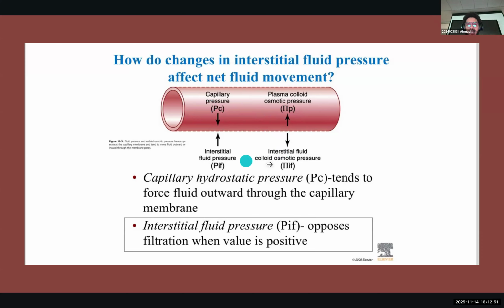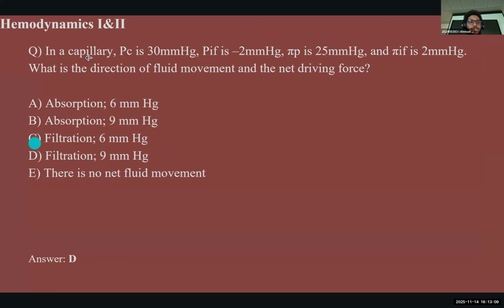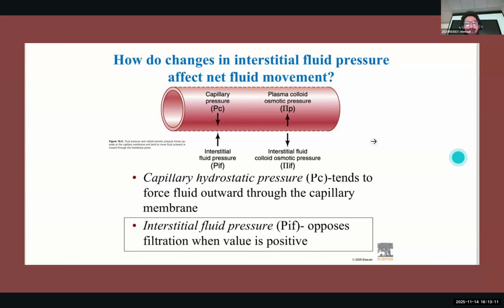And that's how it is, okay? Hatta on this side, the colloid pressure is going to be attempting to bring the fluid outside. Yeah, this is how the colloid osmotic pressure works. It's always trying to bring the fluid to itself. But the capillary pressure or the interstitial fluid pressure is trying to push out or against itself. Tamam? So the way we would solve this question is that we would add up the forces that are moving in the same direction. So we should add up the capillary pressure PC along with the interstitial fluid pressure, which is pi IF, okay?